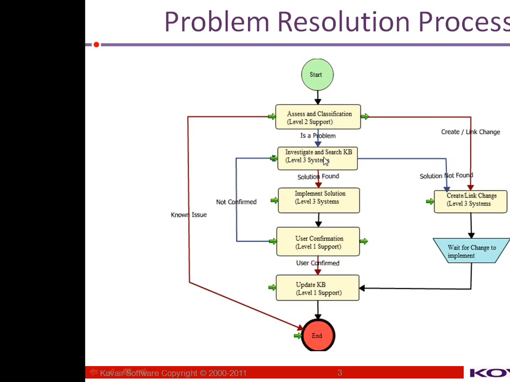At the assessment classification level, it is identified whether it is a problem or a change. Then it goes to investigation and analysis of the problem ticket, and based on that, if the solution is found, it gets into implementing the solution, and confirmation. Then, based on the decision whether this problem resolution will help in identifying or resolving future incidents and problems, I would like to add that as a